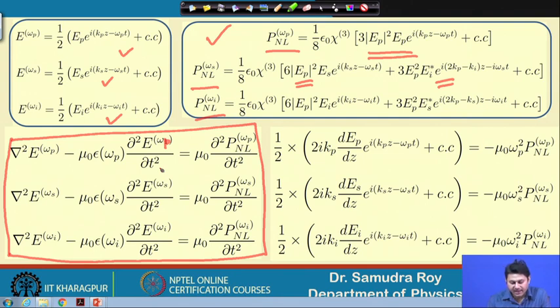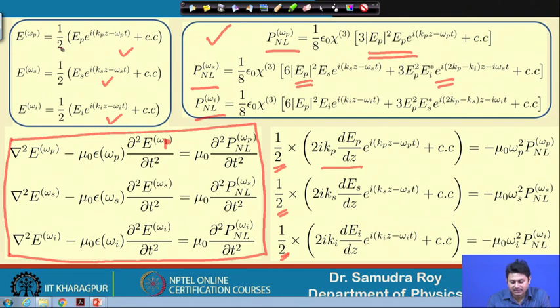In the next part of this slide, we write the compact form of this Maxwell's equation. We know that there are many terms that will cancel out, and if I take the slowly varying envelope approximation, we will have this term. I meticulously write the half in both the cases, so that you can have the idea that every term will be multiplied by half, because according to our notation this half is already there.